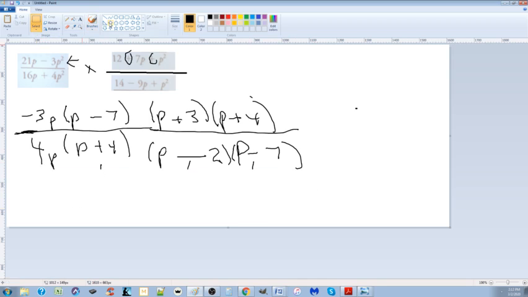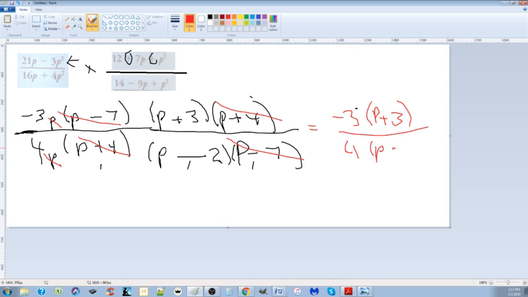Now we're going to look at what can be canceled out in red. P minus 7 here can be canceled out with that. P plus, not p plus 3, p plus 4 can be canceled out with that. This p can be canceled out with that. And we're left with, as a final answer, minus 3, p plus 3 rather, divided by positive 4, p minus 2. This ended up being the same answer,